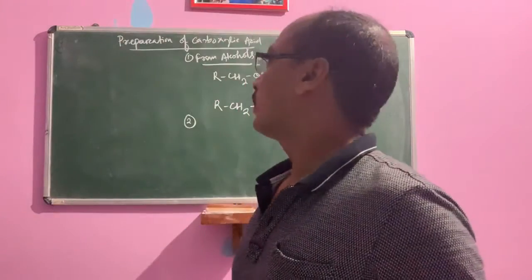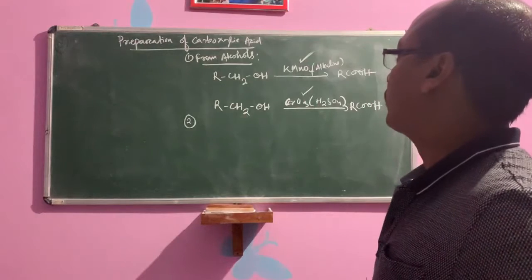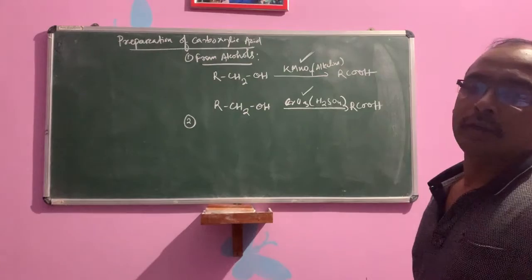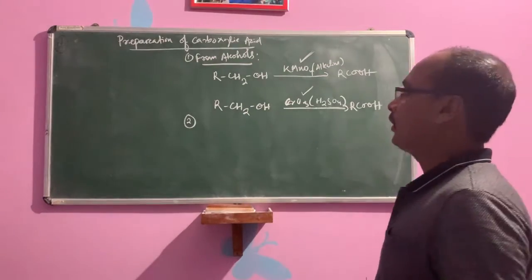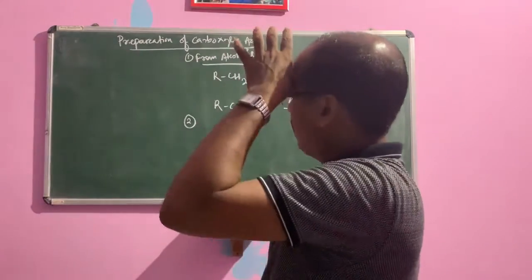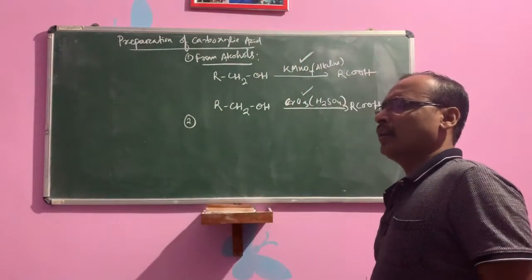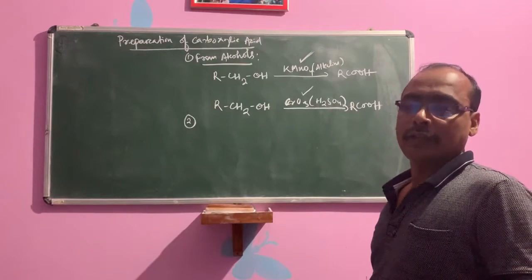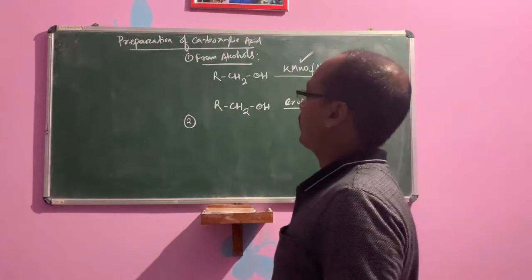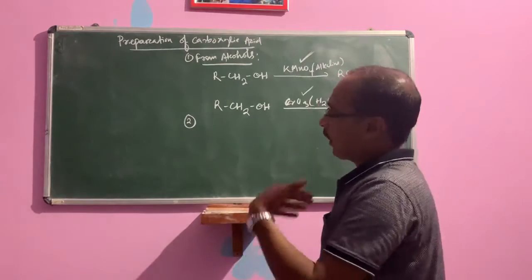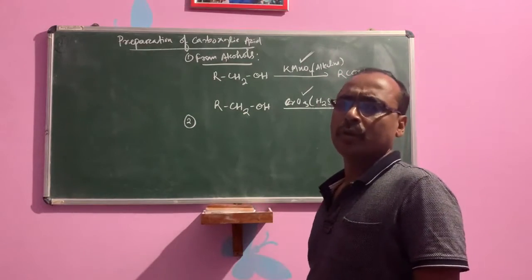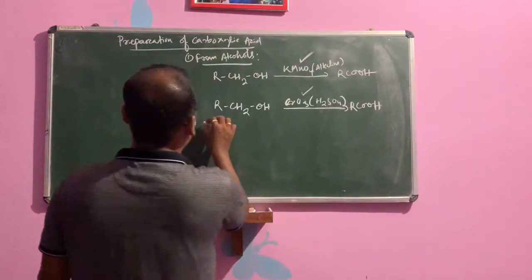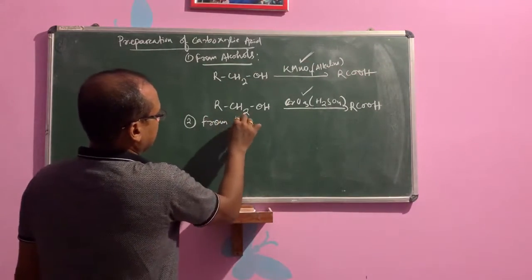In the second preparation, you see preparation from hydrocarbon, which may be aliphatic or aromatic. Aliphatic, that is from alkene, as we read in class 11, when alkene is treated with acidified KMnO4 it forms the carboxylic acid. And alkyl benzene, it may be toluene or a long chain substituted hydrocarbon on the benzene. Okay, you see from hydrocarbon.